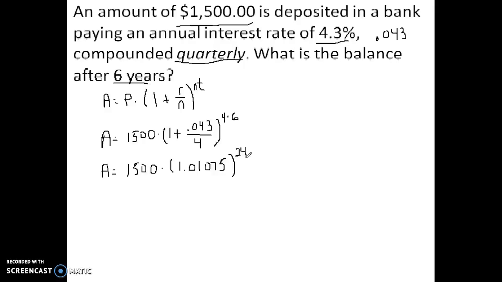1.292557881. Now, for the purpose of this, I'm not going to write all those numbers down, but I'm going to keep them in my calculator. I'm going to keep that screen up. I'm not going to clear my screen at all. I'm going to keep that number right there. So for the purpose of writing this, I'm just going to write 1.29. So I'm going to take that 1,500 times 1.29, and just know that there's a bunch of other stuff following that 1.29. So I get my A is going to equal 1,500 times that 1.29 decimal,